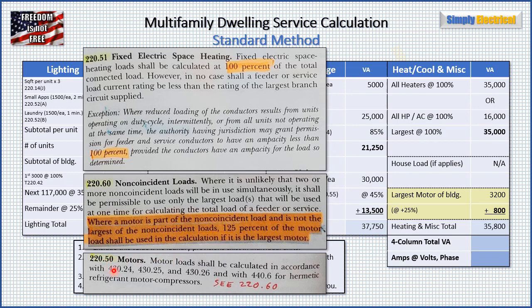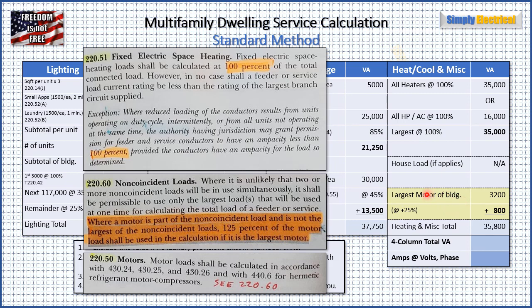If we go to 220.50 under motors, it says motor loads shall be calculated in accordance with 430.24, 430.25, and 430.26, and with 440.6 for hermetic refrigerant motor compressors. Now what we find there in 430.24 and 25 especially is that if you have multiple motors in a building, in this case, you need to take the largest motor and add an extra 25% of it to that